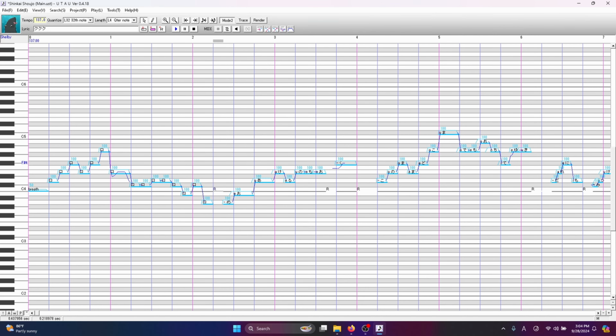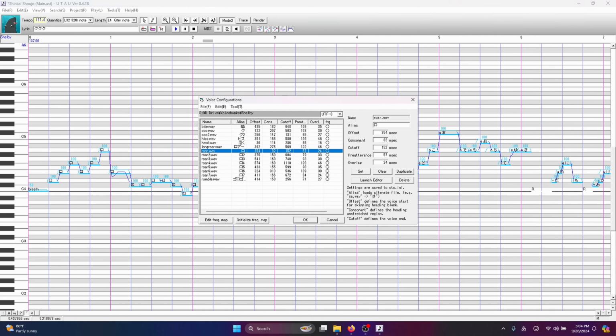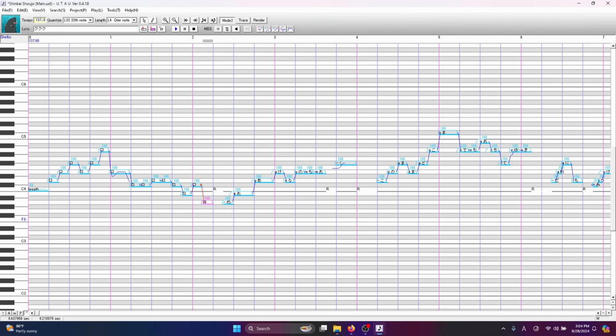So the other thing is that since most of the time you're only going to be using ku or, I don't know, any other sound, changing lyrics in classic Utau is kind of a pain, because you can't exclude the rest. So you could just select everything before the rest and change them that way with Control-E, but for me, I found a better method by using OpenUtau, which I'm going to switch to really quick.